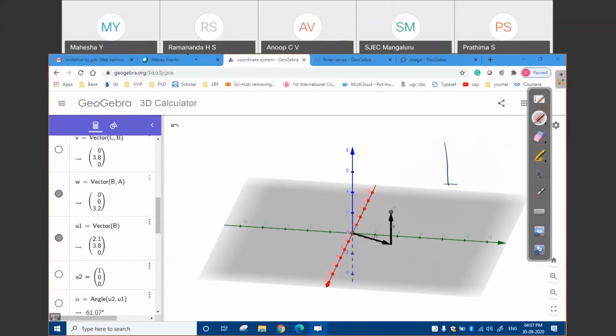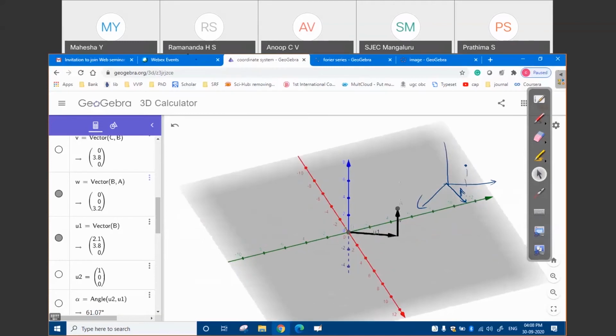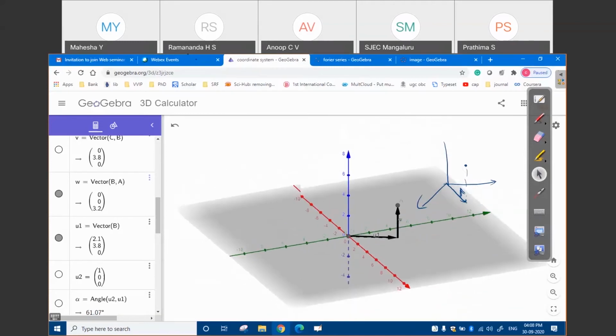This is difficult for students to visualize. I have A here and I have to project that down, and again I have to draw like this. Some students find it difficult to visualize why this is 90 degrees. It is not 90 degrees in the image. Here I can show that these two are perpendicular to each other.